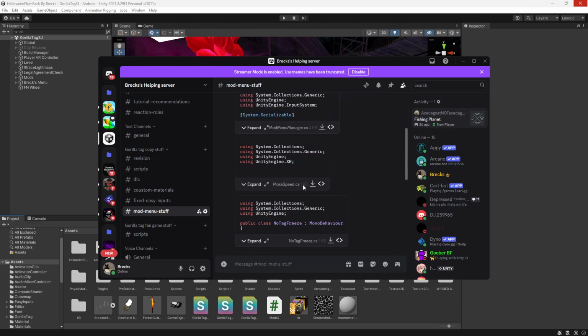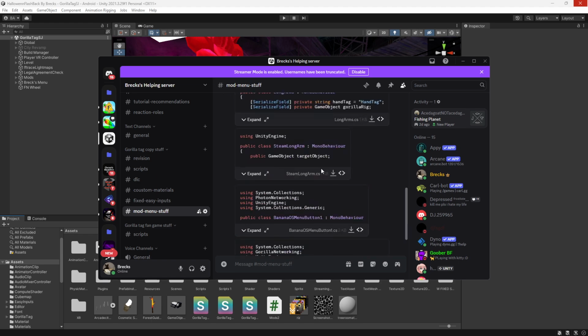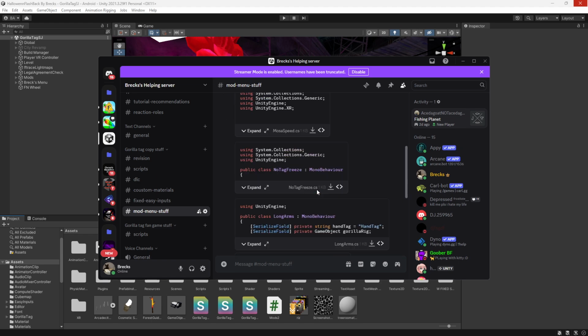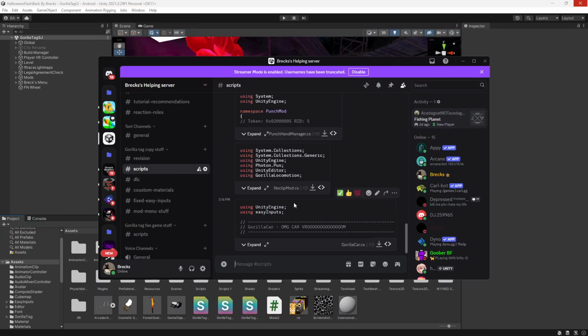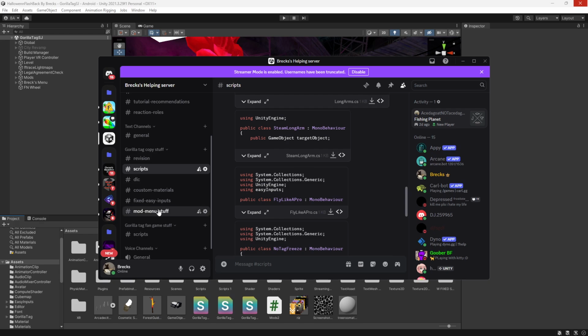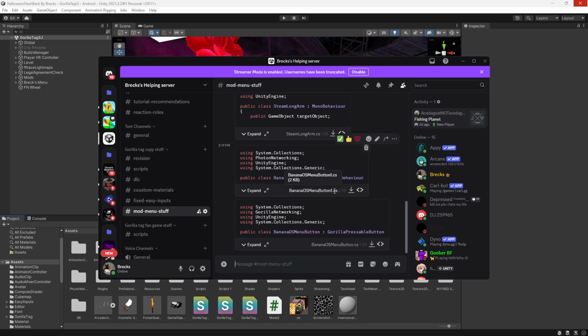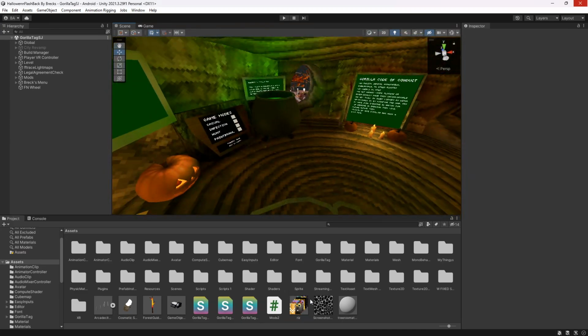These are all the scripts you really need for the mod menu. First, download Mod Menu Manager. You could download any script or any mod you want. There are more mods in this channel too, if you want them. And make sure you download Banana OS Menu Button 1 and Banana OS Menu Button. I'll teach you guys how to use these. Once you have those imported in your assets,